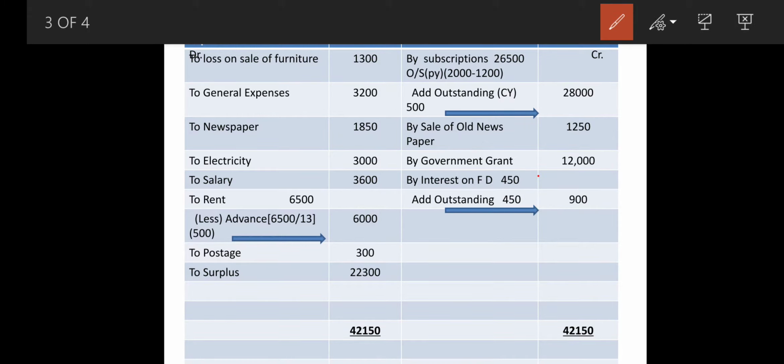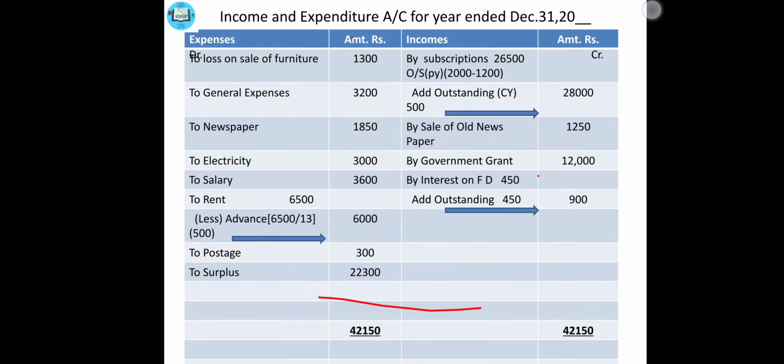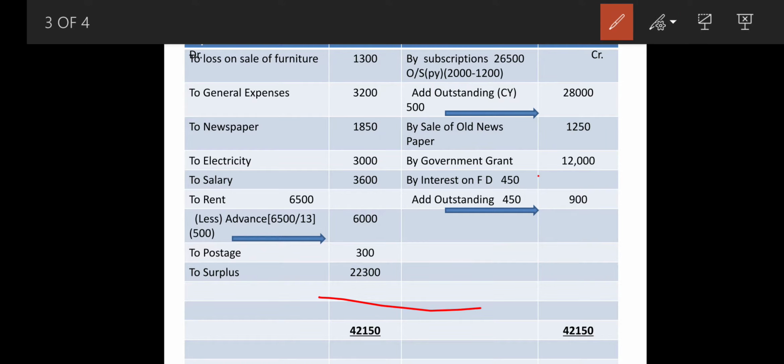So come to your opening balance sheet first. There you write down subscription outstanding 31/3/2012, subscription outstanding 2000 over there. First you write down there. So one adjustment is over, and come to your closing balance sheet. Added in the salary. So add in salary 3600 plus 600, outer gives you 4200.